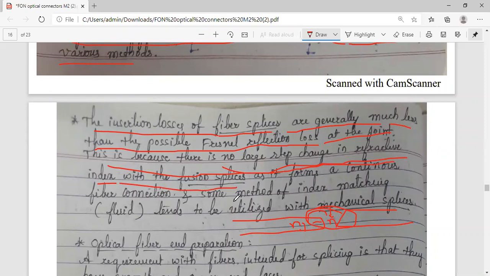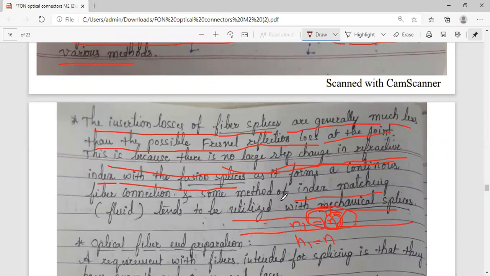As far as possible, you can minimize the losses, and we will be looking further into different mechanical splicing techniques. We go for index matching also. What is index matching? You know already. We use a fluid in this gap whose refractive index matches the refractive index of the optical fiber you are using, that is n1 is equal to n. This is index matching. With this, what will happen? Leakage losses will be reduced.